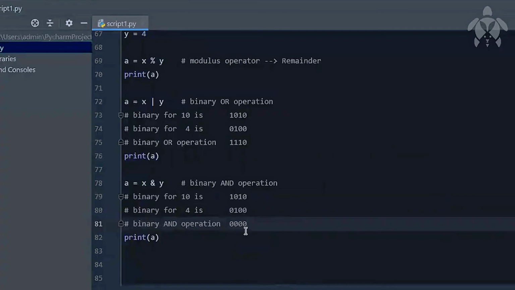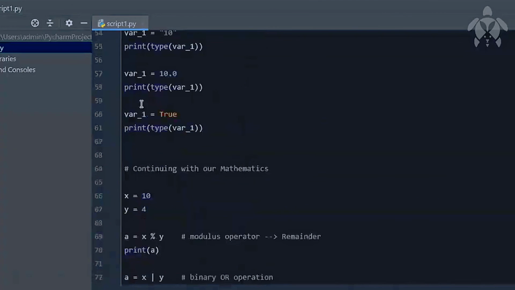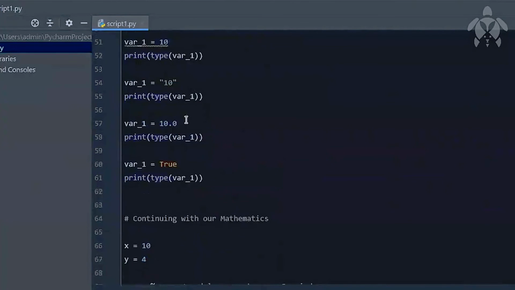Now that we have talked about the other data types, for float also we can do this kind of operation, because float is also a number ultimately. But if we talk about a string, we already saw that the only thing we can do is plus. We cannot do minus, it will not work. We cannot do multiply, nothing. We can only do the plus operation, which means concatenation.